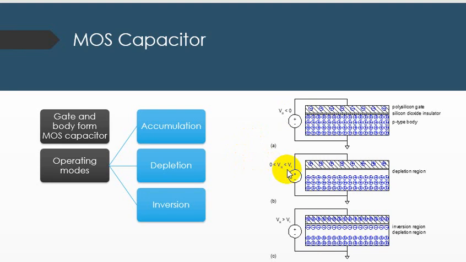When we apply a low positive charge to the gate, resulting in some positive charge on the region, the holes in the body are repelled from the region directly beneath the gate, resulting in the depletion mode. When we apply a higher positive potential exceeding a critical threshold voltage Vt, more positive charge is attracted to the gate, the holes are repelled further, and a small number of electrons in the p-type body form the inversion layer. So on the basis of the voltage applied on the gate, we segregate the operation into three modes.